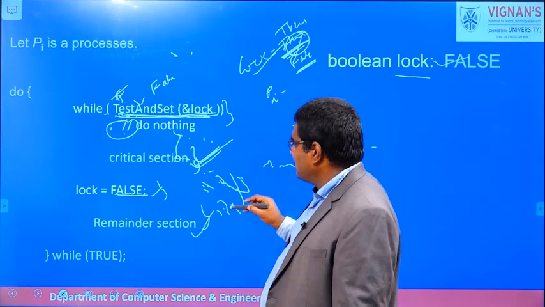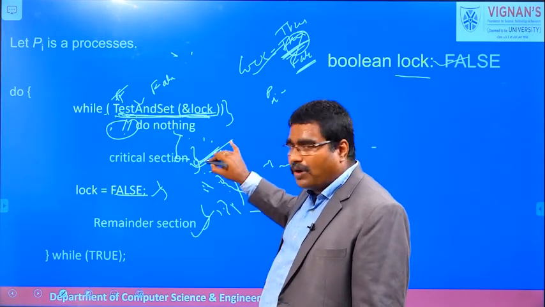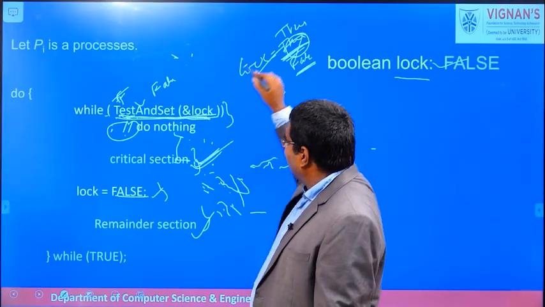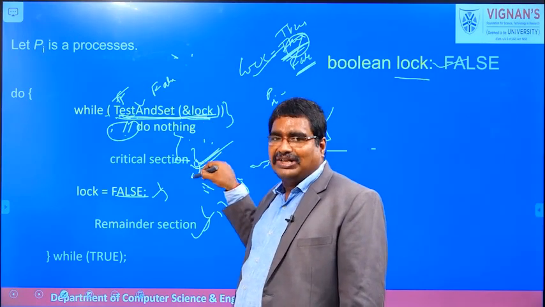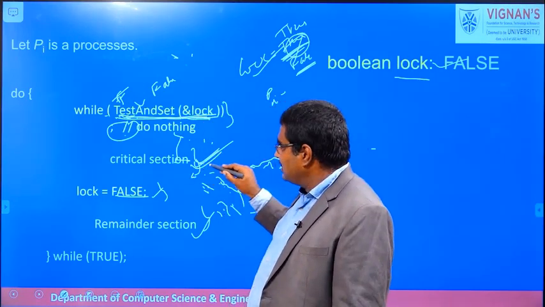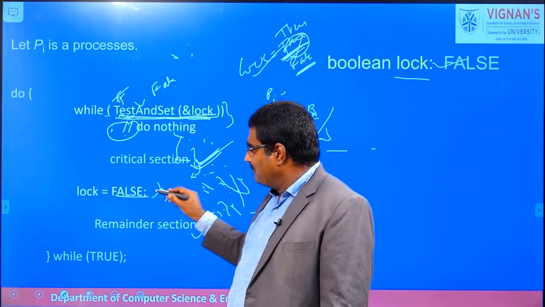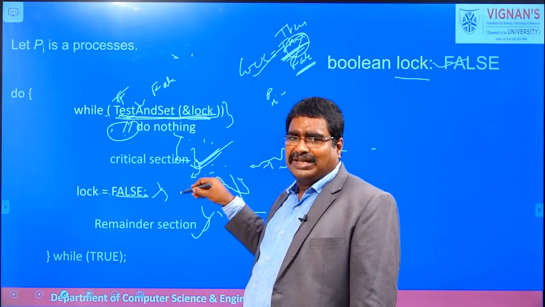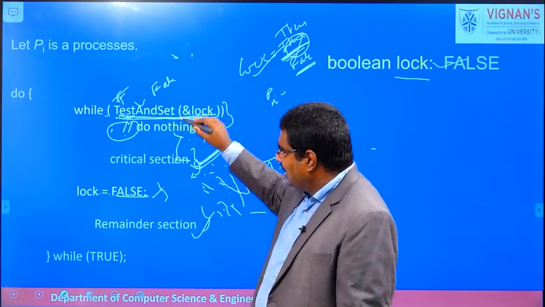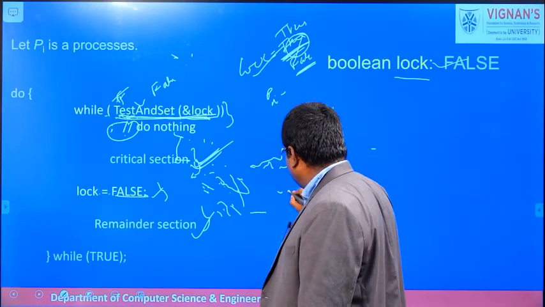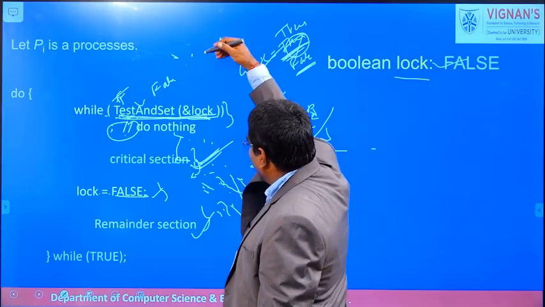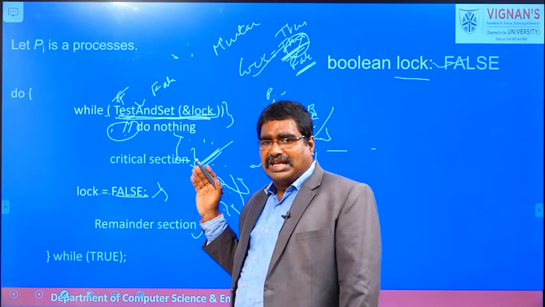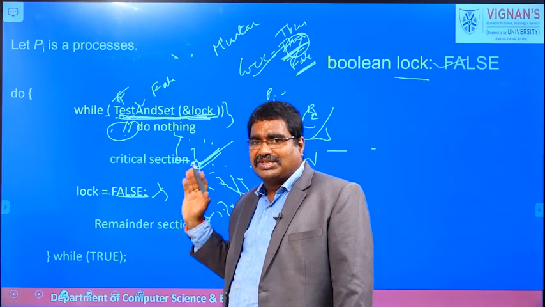So based on this we clearly understand that if there is no process in the critical section, and any process wishes to enter, then it assigns the lock value true and the process enters into the critical section. If the process completes the critical section execution, it simply assigns false to the lock. So one of the waiting processes is allowed to enter its critical section. So this algorithm satisfies the mutual exclusion condition. What is the mutual exclusion condition? At any instant of time, only one process is allowed to enter into the critical section, and that condition is satisfied.